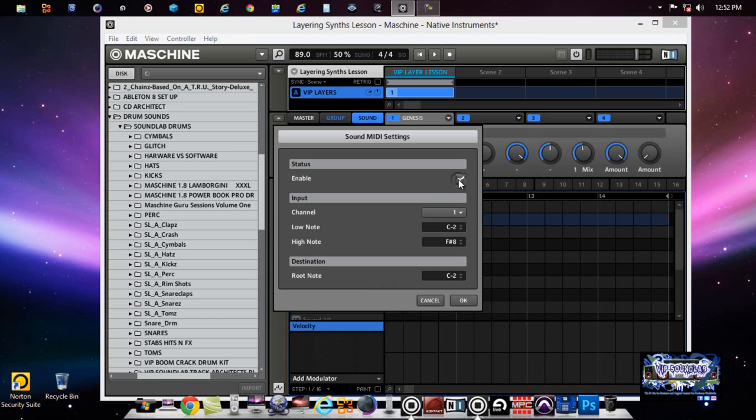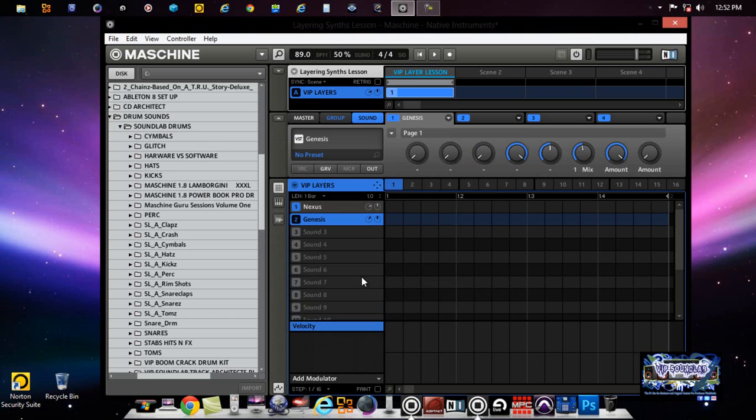Again, on the same MIDI channel, very important. They have to be on the same MIDI channel. Why? So that they can be triggered from your MIDI controller. So now when I go to my keyboard here, you can see right there, everything's being triggered off